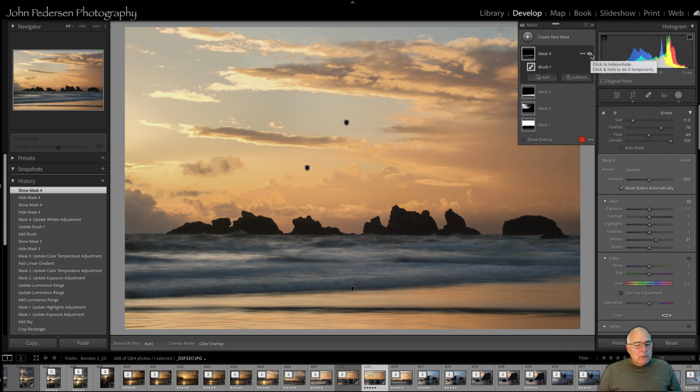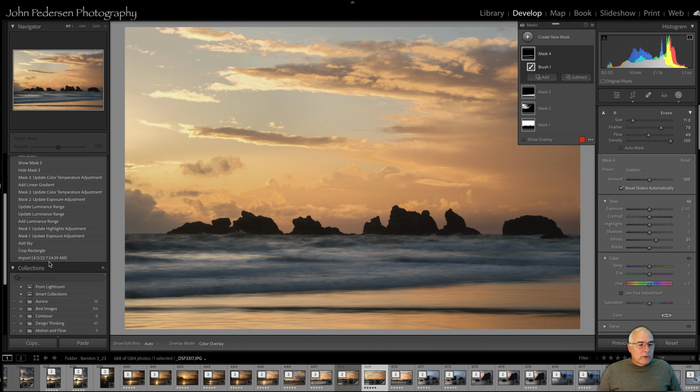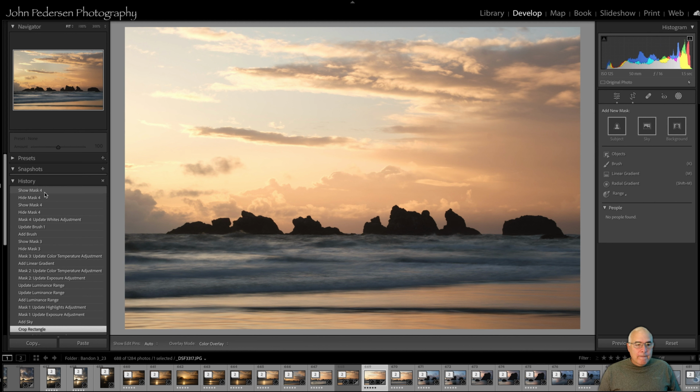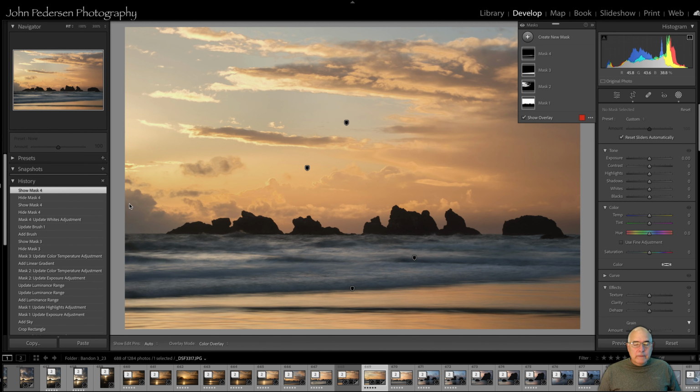And folks, I really try to make things as subtle as possible when I do this. So subtle adjustments gradually build up layers. So again, we've gone from this